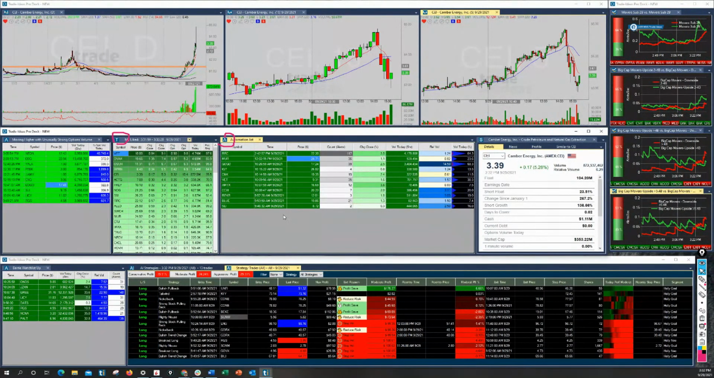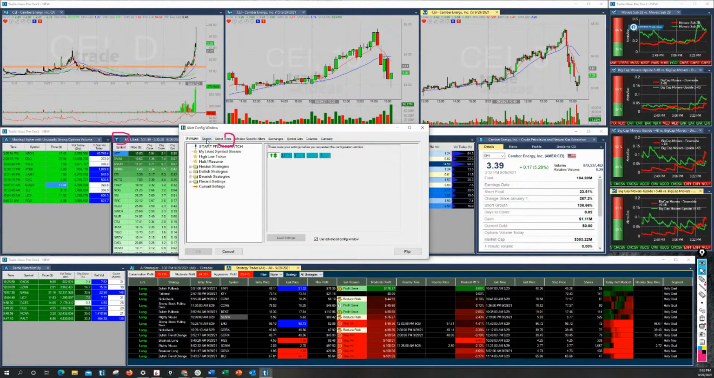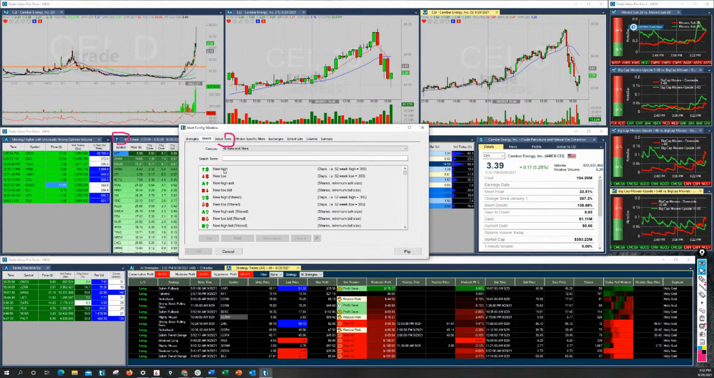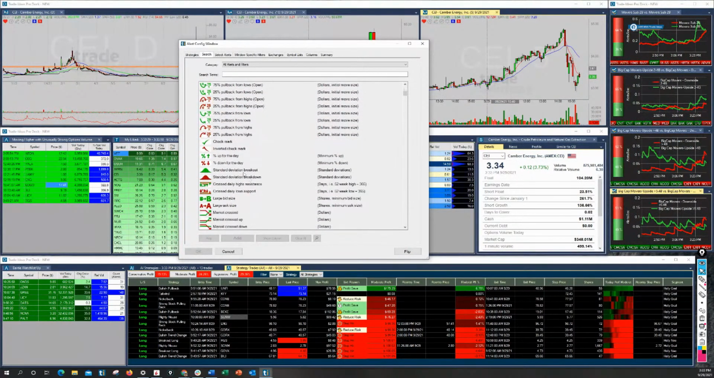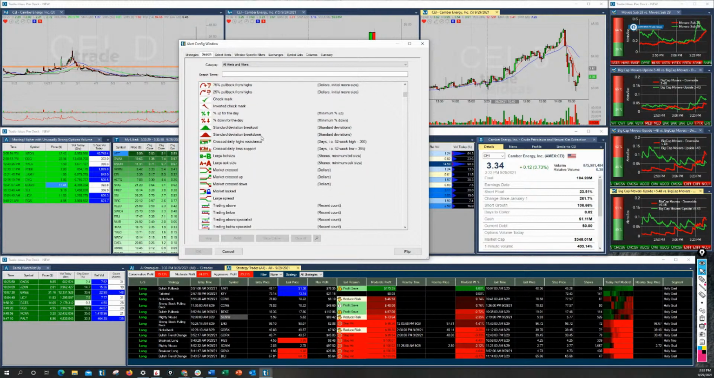So for example, if we right click here and come to configure and go to search, see all these here with these types of icons, those are going to be our alerts or our events. So the filter set of a scan and the alert event have to be happening in coordination in order to get that time-stamped alert. These are examples of alerts: new high, new low, 75% pullback from the close or pullback from the highs, check mark, inverted check mark, up 38%, standard deviations, cross daily